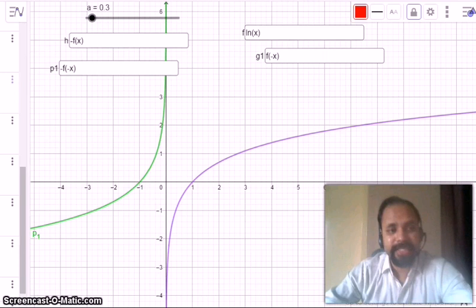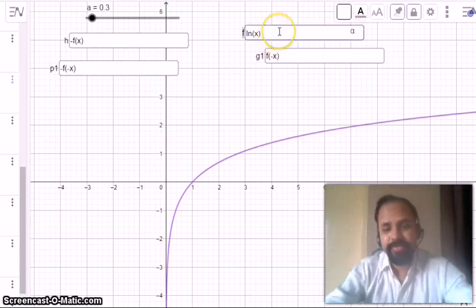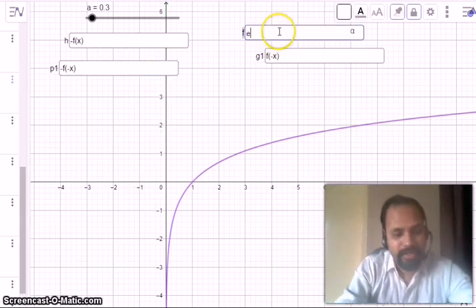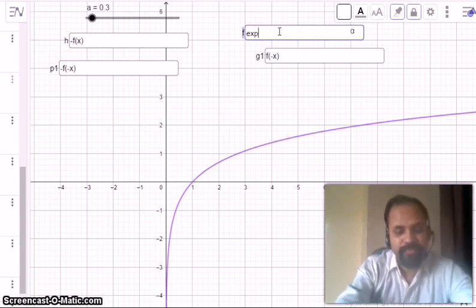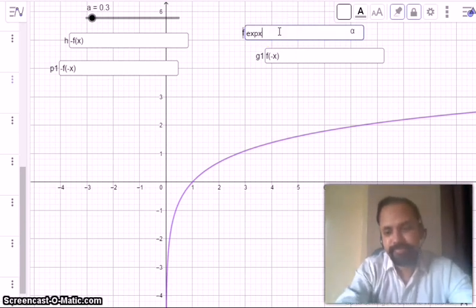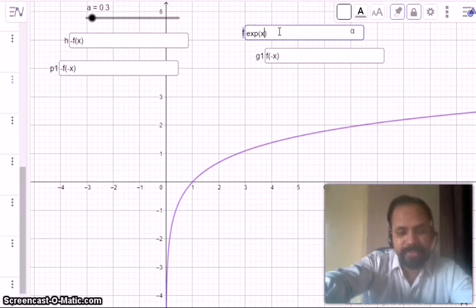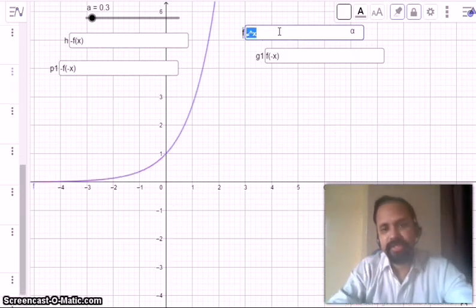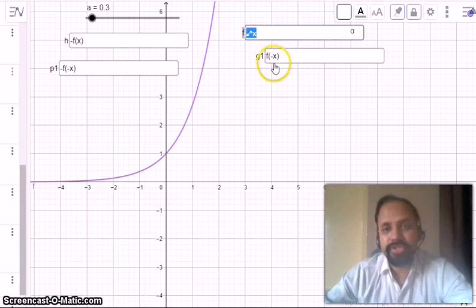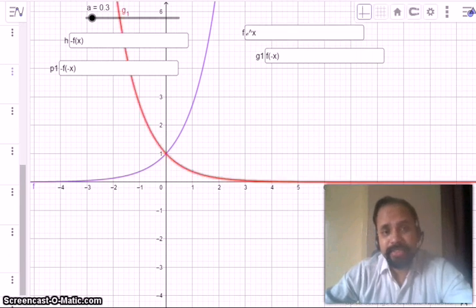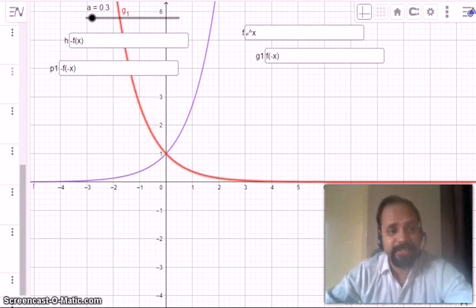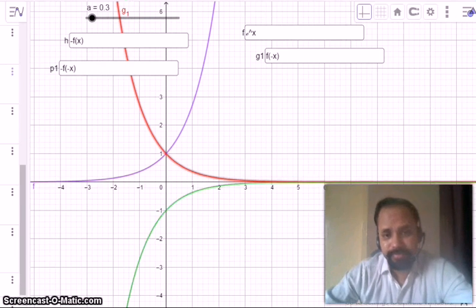Okay, let us change to another function. If we have the exponential function of x, okay, this is the graph. And if we want to draw the graph of e to the power minus x, then obviously we have to consider the y-axis as a plane mirror, then it will come on this one. And then again we have to draw the image of this graph with the x-axis as a plane mirror, then it will come on this.